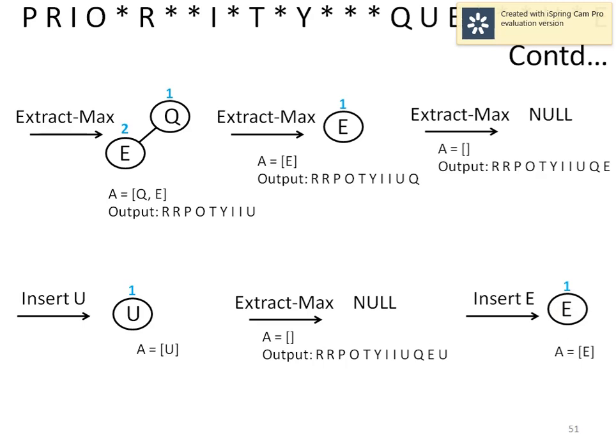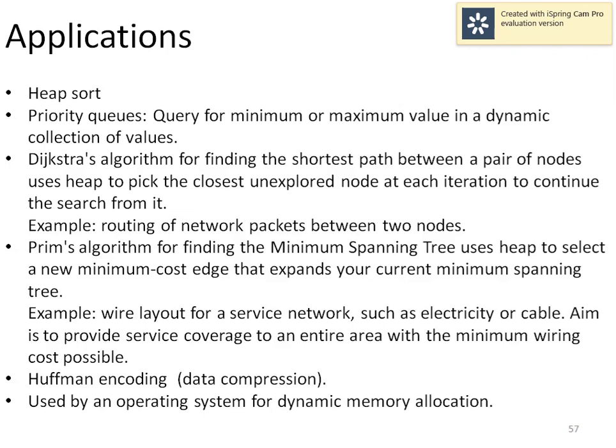So with this, we have completed the discussion of the heap data structure and here are a few applications of it. We all know heap is commonly used for sorting as well as for the implementation of priority queues. So all these applications are nothing but using the concept of priority queues in their intermediate stages.